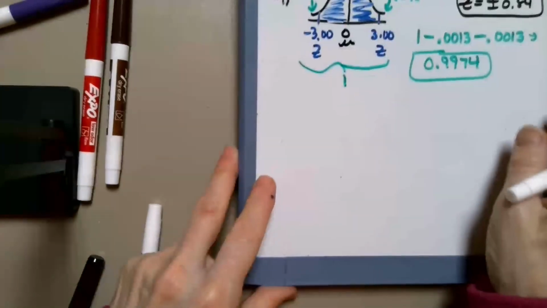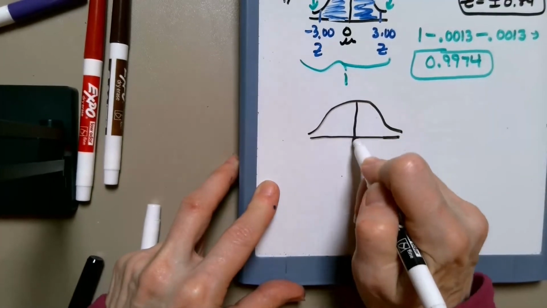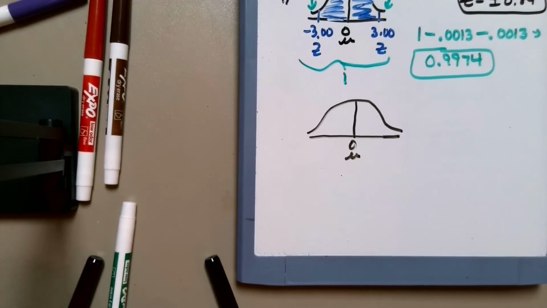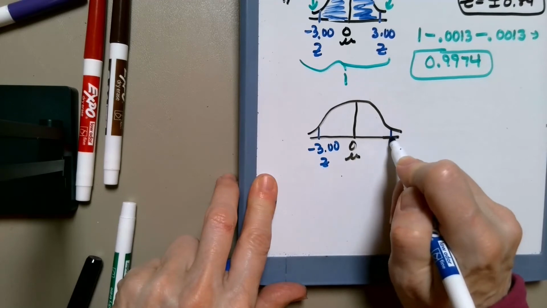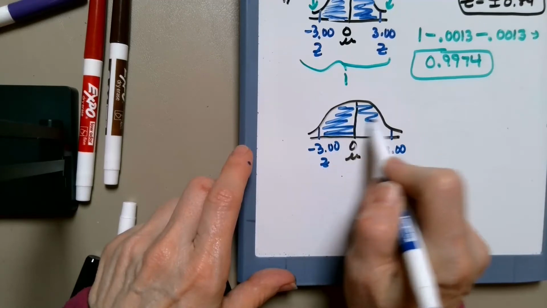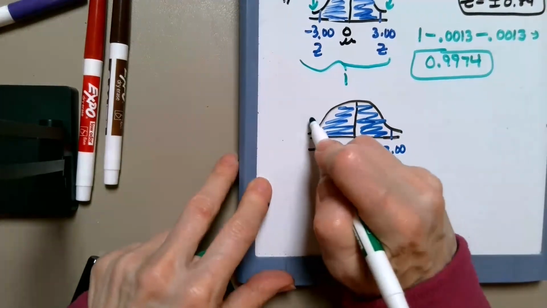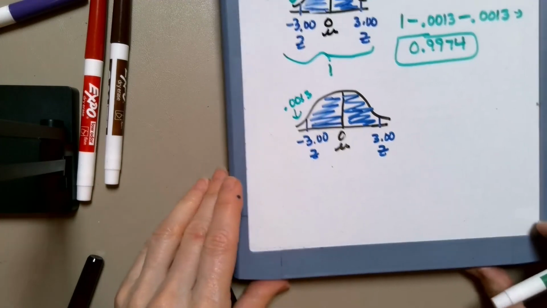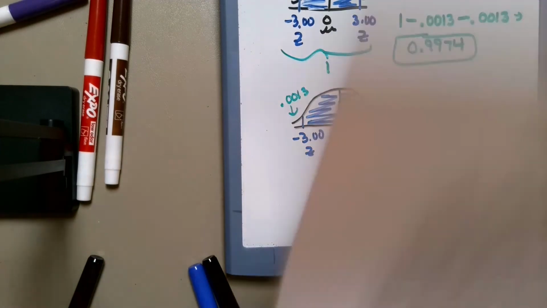The second way to do this problem, and either way is fine, they both give you the exact same answer, is to take the mean of 0 and again draw in negative 3.00 to the left of the mean and positive 3.00 to the right of the mean, and shade between. So again, if I look up negative 3.00 as I did earlier, I get the area in the left tail, 0.0013. Now, if I go to the positive z side and look up positive 3.00,